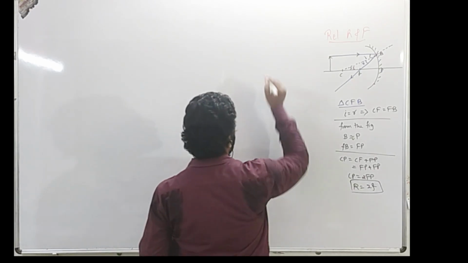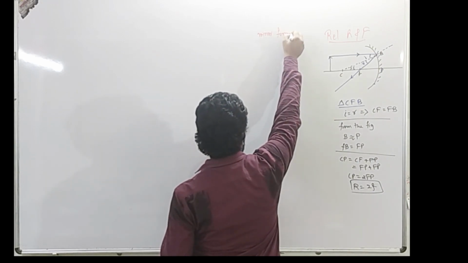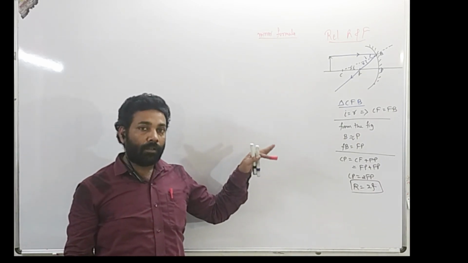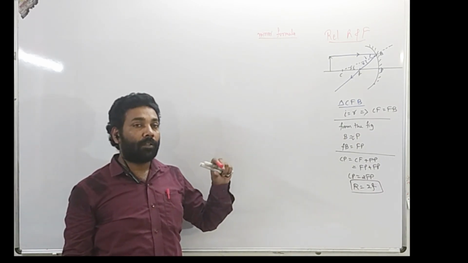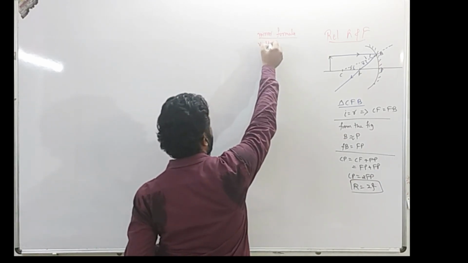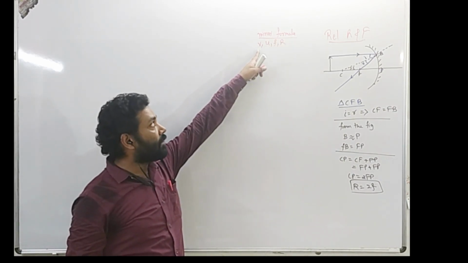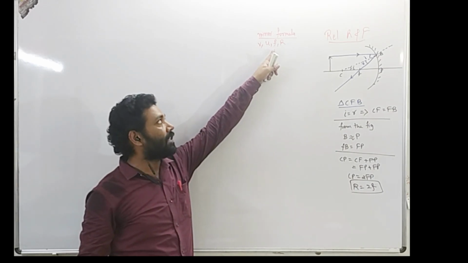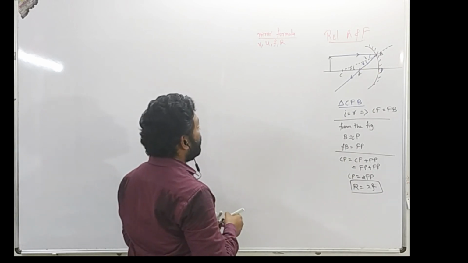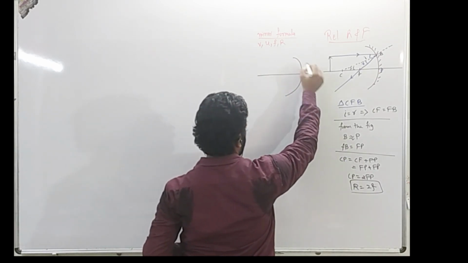Next, let us see the mirror formula. When reflection takes place, we know that the laws of reflection govern it. Reflection happens exactly as per the laws of reflection. The mirror formula helps us to find the relationship between v, u, f and R. v stands for image distance, u stands for object distance, f stands for focal length, and R stands for radius of curvature. So once again, to obtain the mirror formula, I'll consider a concave mirror.